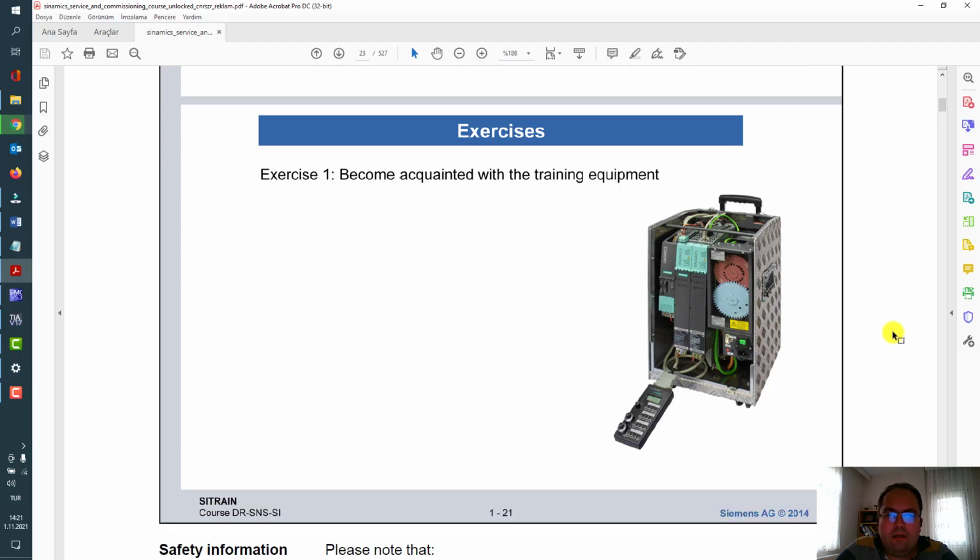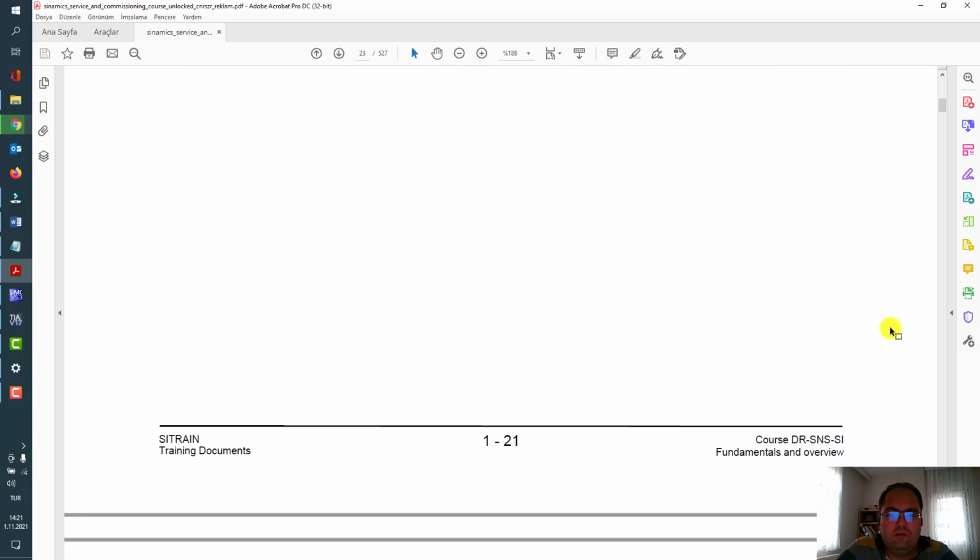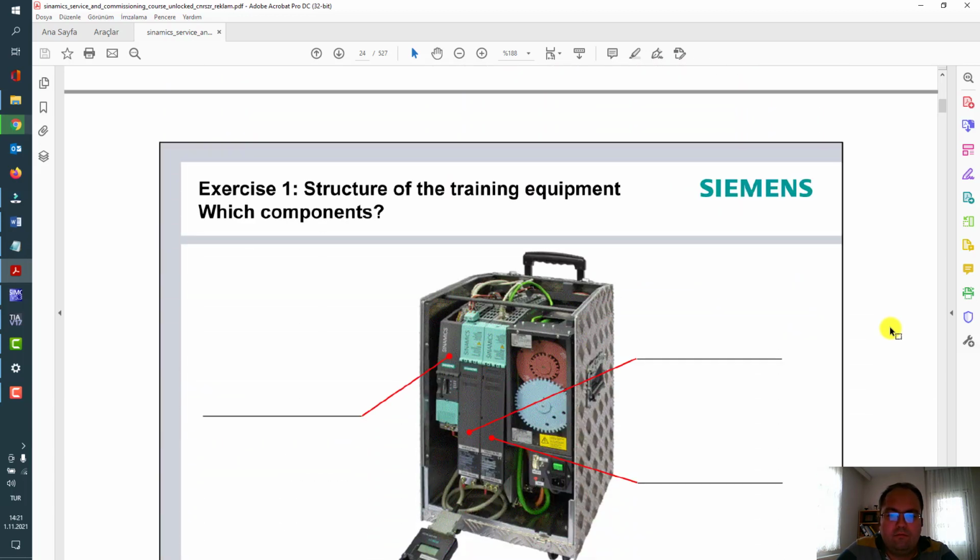Normally there are some exercises or examples at the end of each topic or section. You can do it by yourself.